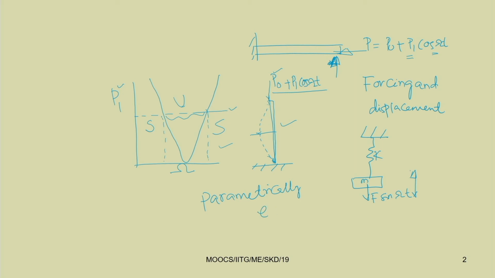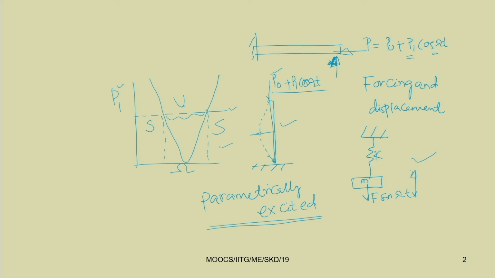In the previous case, you have given direct excitation. In direct excitation, the forcing and the displacements take place in the same direction. So, this is direct loading. This is also the case for the cantilever beam when you apply a force in the transverse direction and the displacement takes place in the transverse direction. That is, you are giving a direct loading. But if you are giving a loading in one direction and the displacement is taking place in a perpendicular direction, then the system is known as a parametrically excited system.